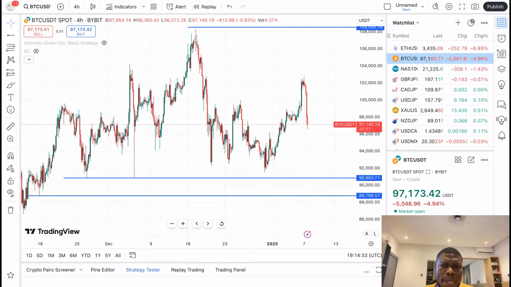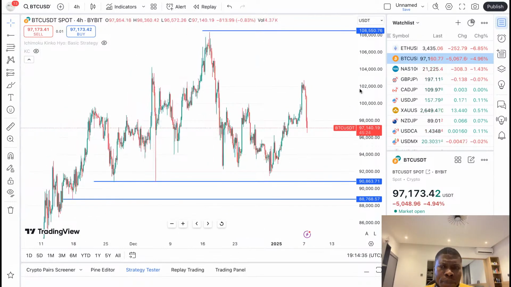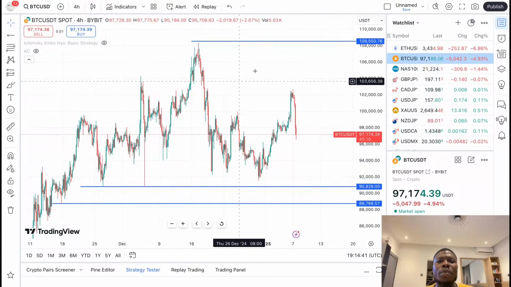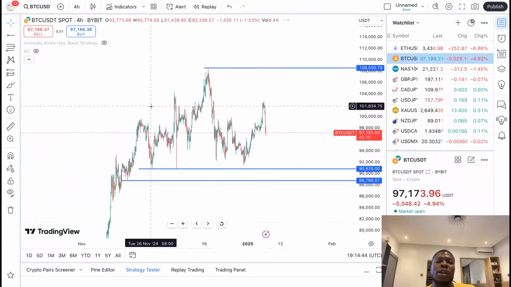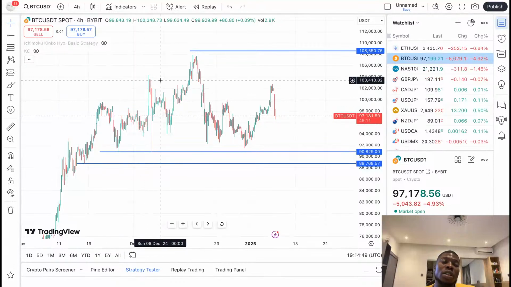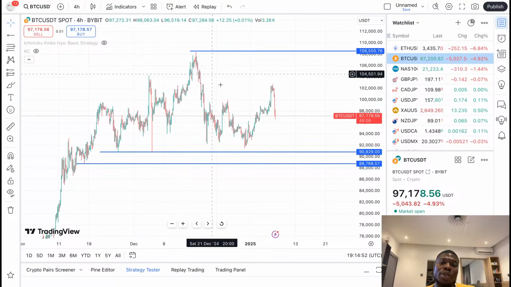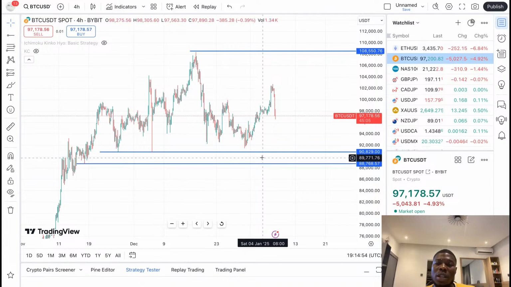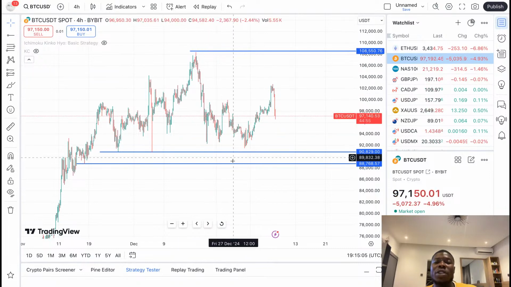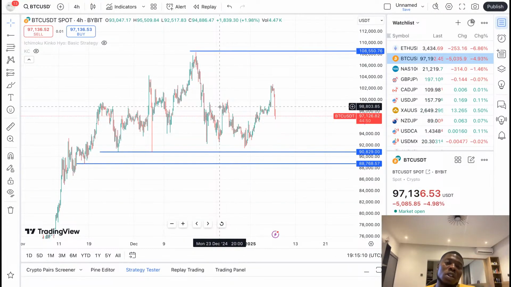So right now, squeezing these charts, clearly Bitcoin is in an uptrend on these 4 hours because we are yet to go below this area, 90,800 on our 4 hours. So clearly on 4 hours, Bitcoin is in an uptrend. Whichever strategy you use for a trending market will surely work on these 4 hours.